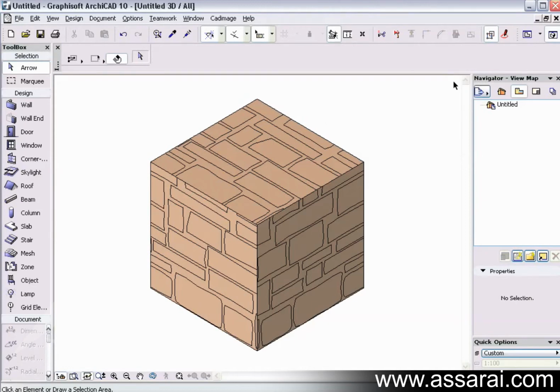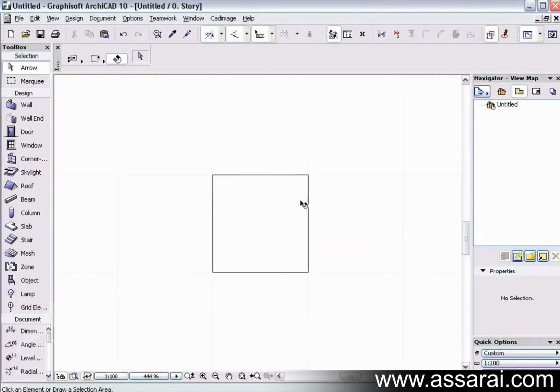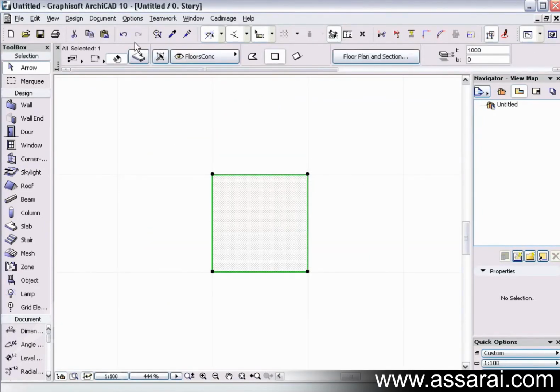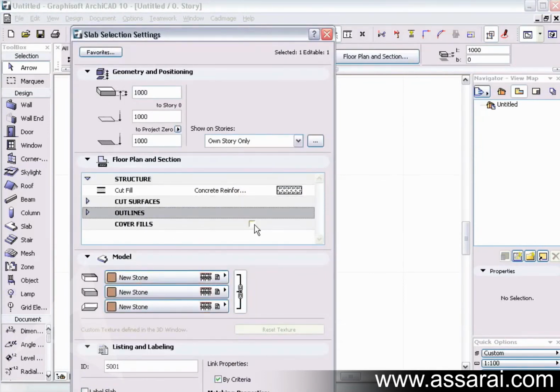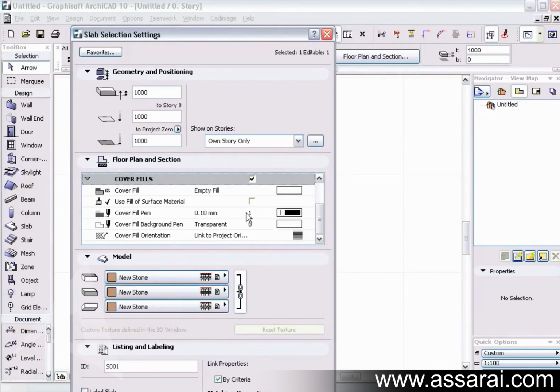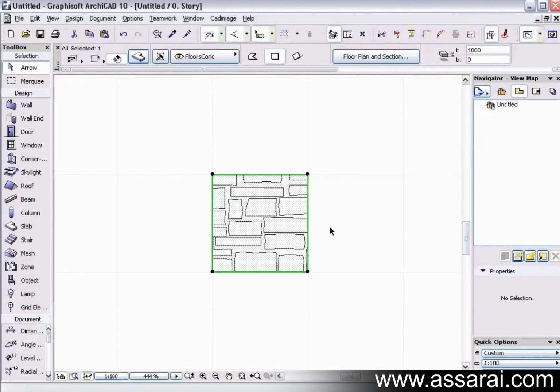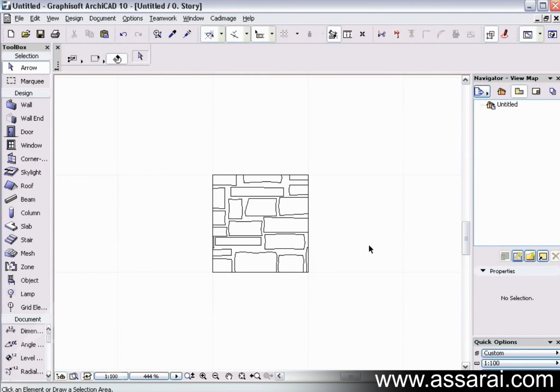And if we go to the floor plan, I'll just close this. If I actually turned on the vectorial hatching for this, I can say cover fills, and here I can just say use fill of surface material, or I can give it its own cover fill here, that I can change to anything I like. I'll push OK, and there's the hatching in the floor plan. This also works for elevation as well. So that's how easy it is to create a new material in